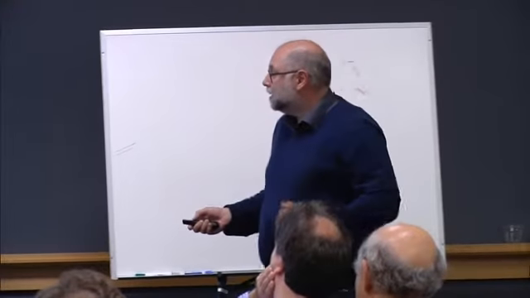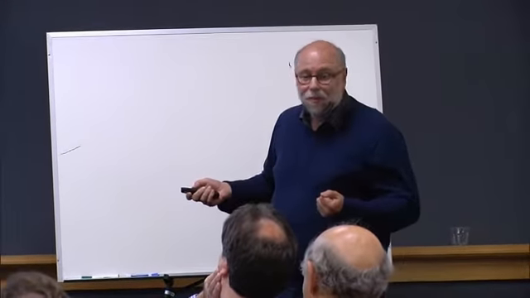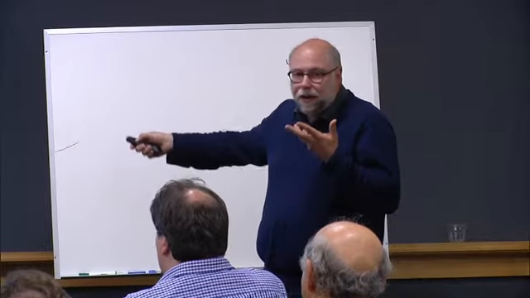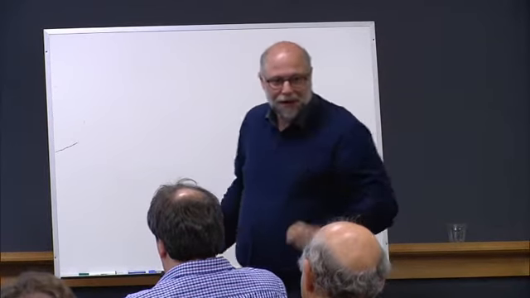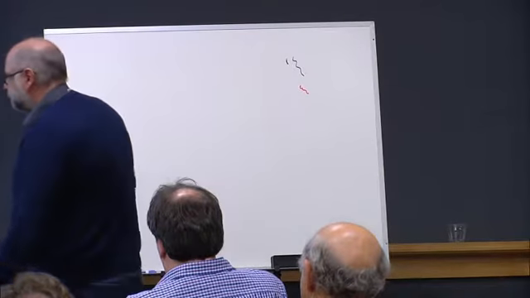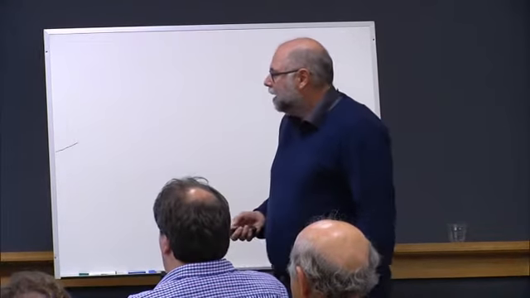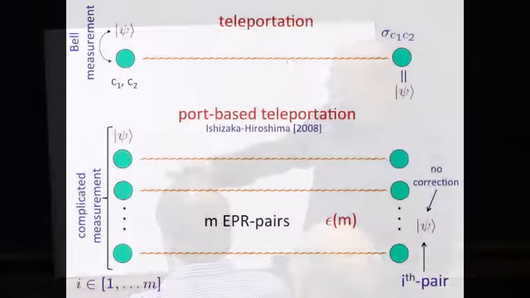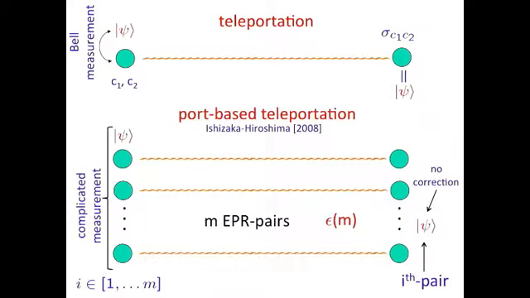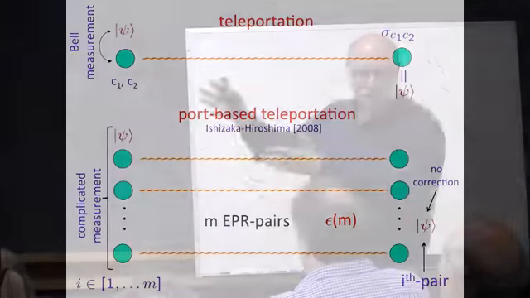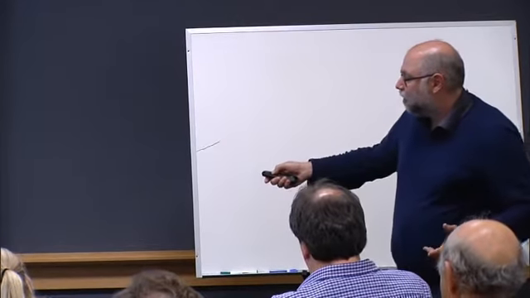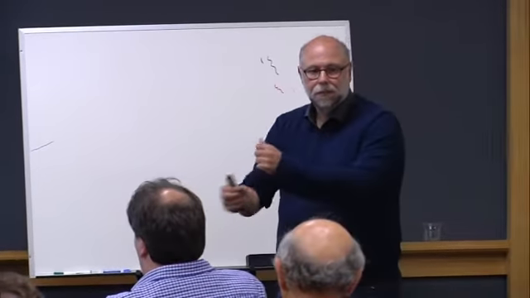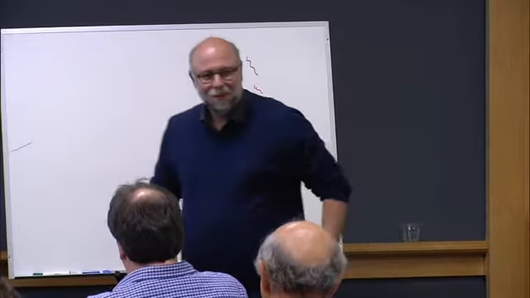So note that this is somehow different than normal teleportation, because you don't have to do this correction at the end. But you still have to know where to collect your state psi from. So there's no correction. Actually, it's also not perfect, so there's a little error. It may fail, so this measurement may fail. But for the rest of the talk, just imagine that this is the primitive, and actually you can make this error very small by just having more EPR pairs.